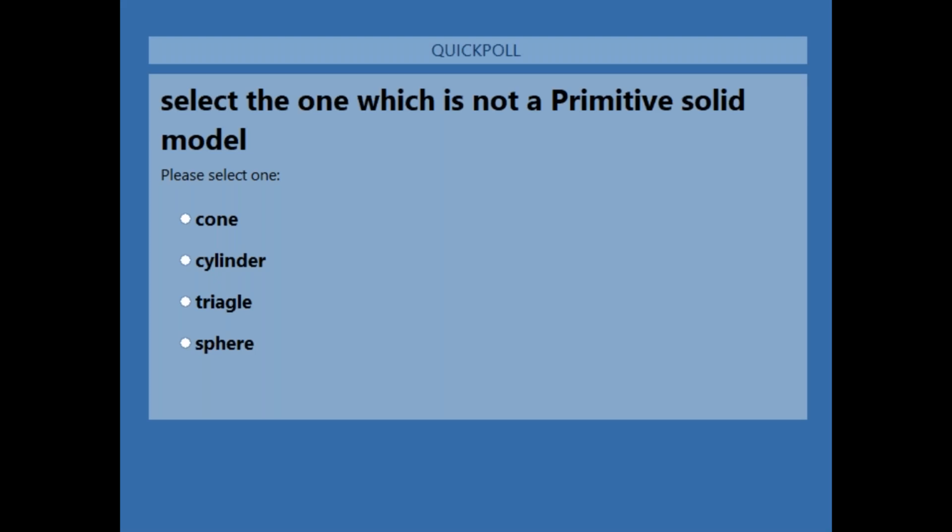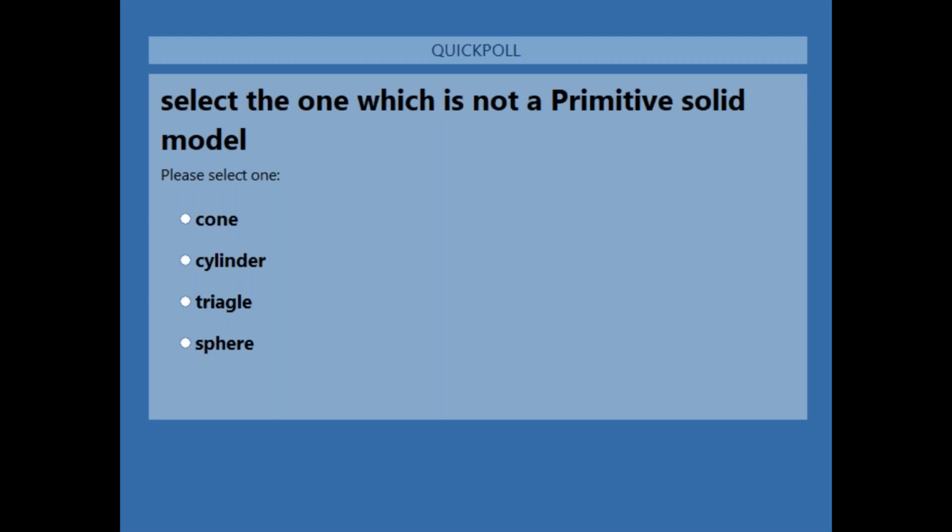The question is, select one which is not primitive. Patil sir, can you create the question for me? Because I am not able to see that. Question is on screen, sir.